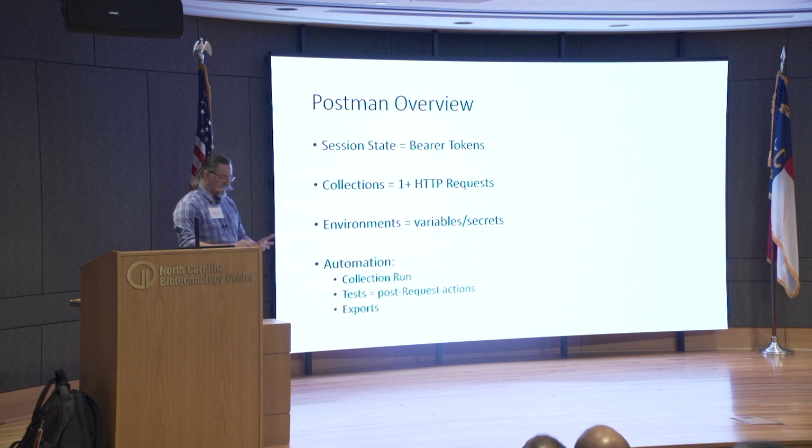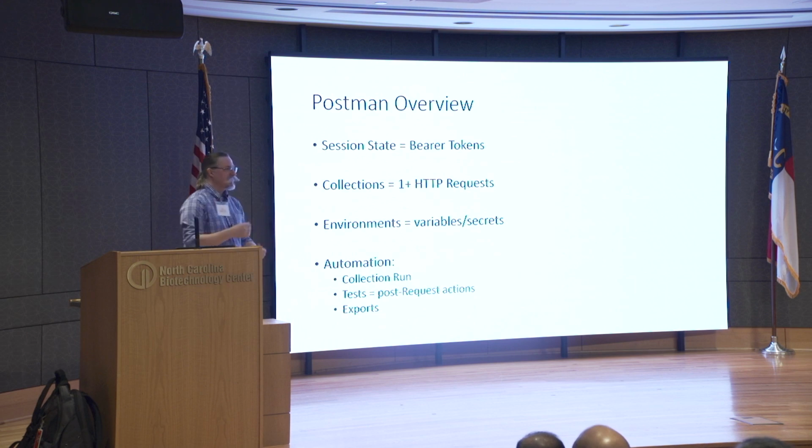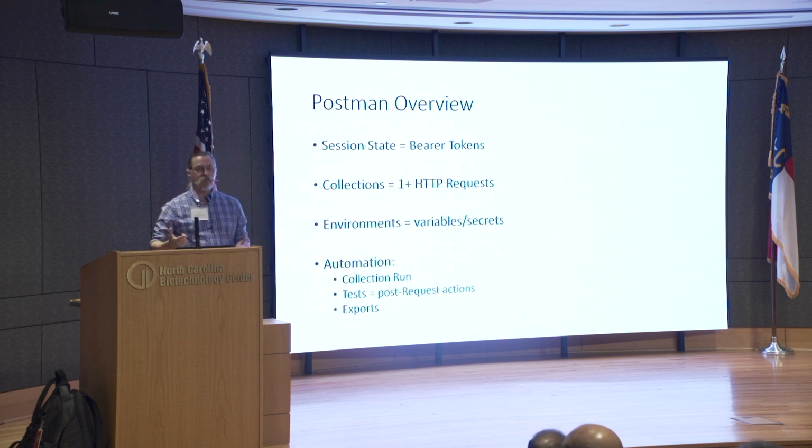Automation. The collection can be run with individual requests one by one, or you can just say run the whole collection once everything's copacetic and working really smoothly. Tests. This is a post-request action. This is important. Remember I talked about the first request being, I'm going to request my bearer token? Well, all the requests after that have to know the bearer token. And since the bearer token is random, I don't want to have to type it in real fast, right?